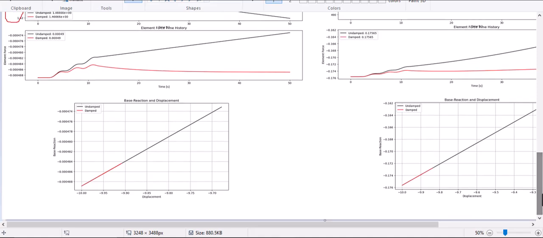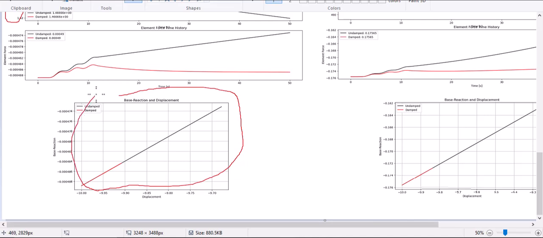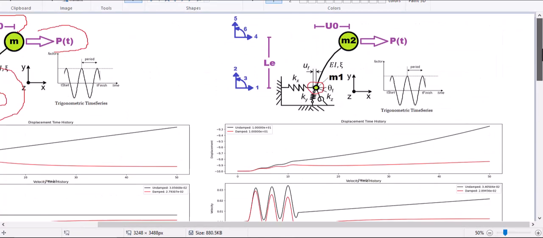You also see base reaction and displacement have a linear relation based on these defined materials and the mass and stiffness of the structure. So in the second analysis,